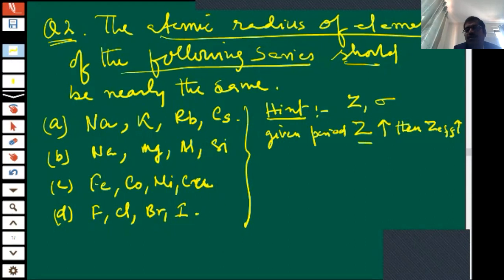Children, Z increases, Z effective increases, then R decreases, but